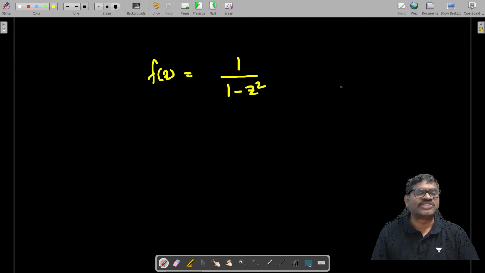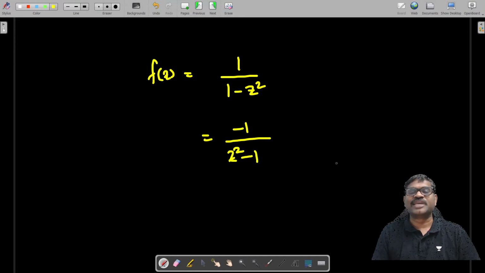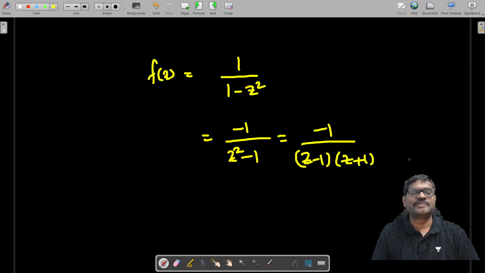One by 1 minus z square. If it is 1 by 1 minus z square, you can write minus 1 by z square minus 1. This can be written as minus 1 by z minus 1 into z plus 1. We have to find out